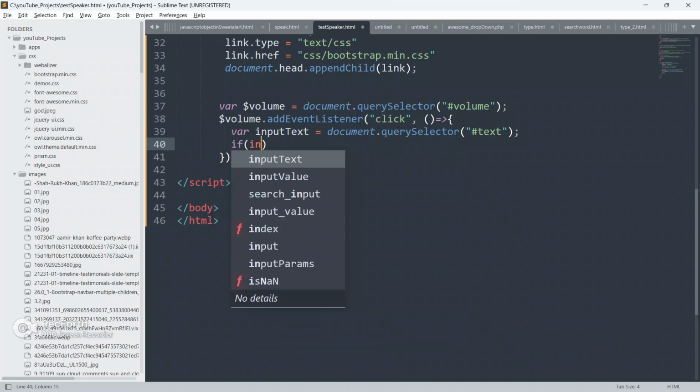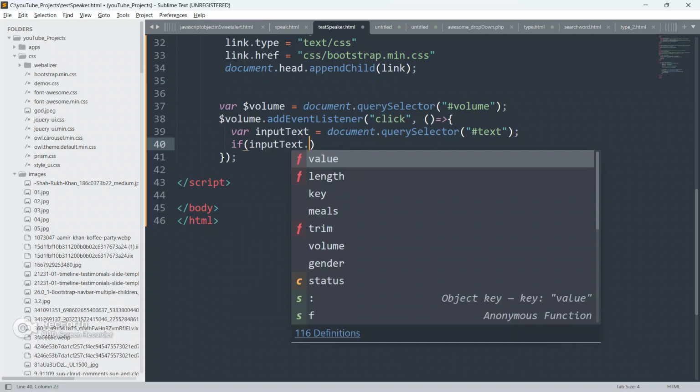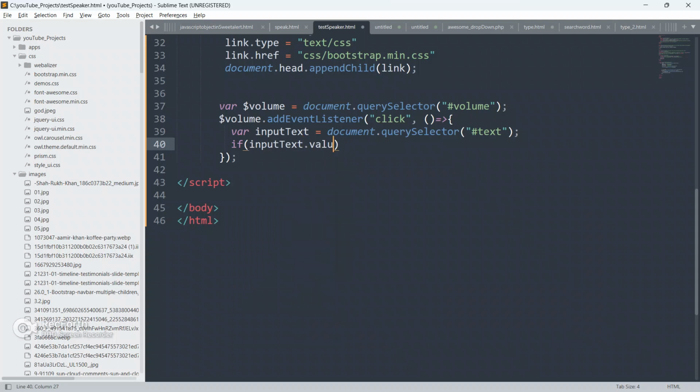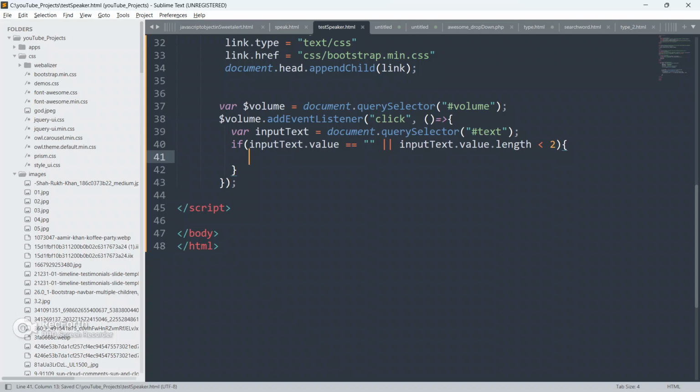So if inputText dot value equal to null, or inputText dot value dot length is less than 2, then we are going to alert the user to please enter something into the text area.